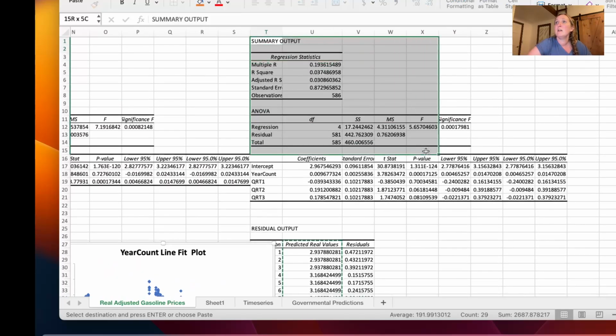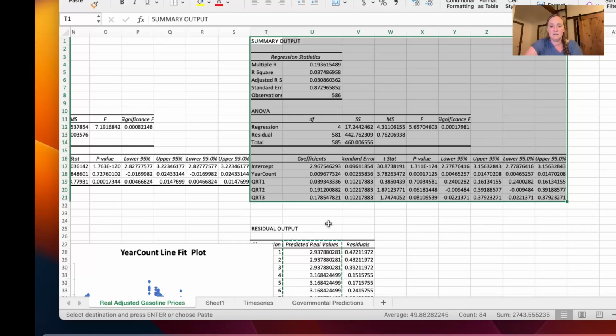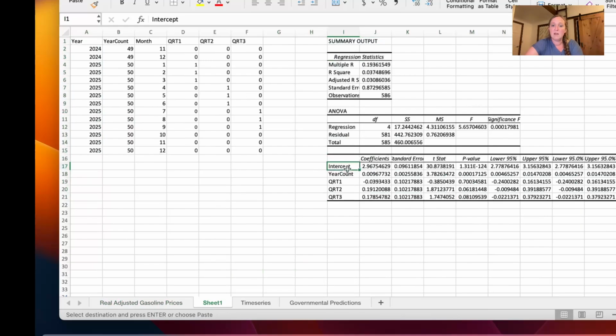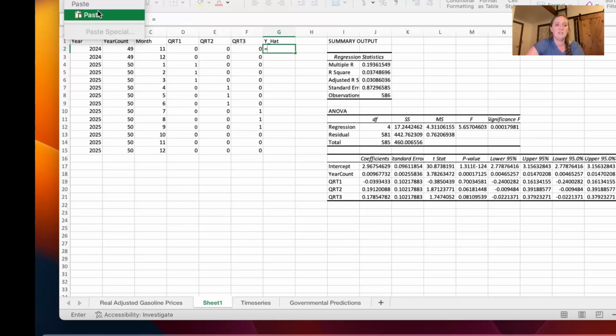But okay, we can take our summary value, highlight it, and put it over here. Now we have this equation that gives us a way to predict into the future what it's going to look like next month. I want to paste the values, to tell you the truth. Okay, well, fine. Here is